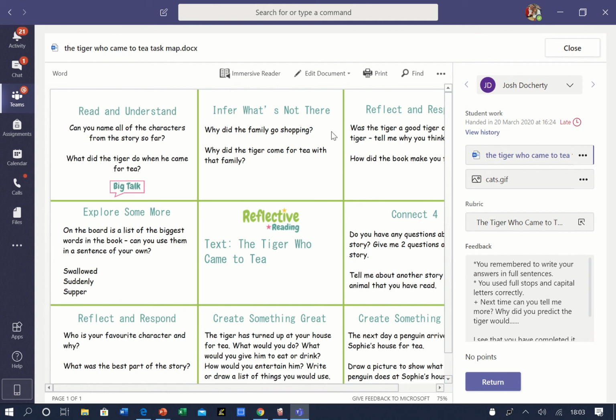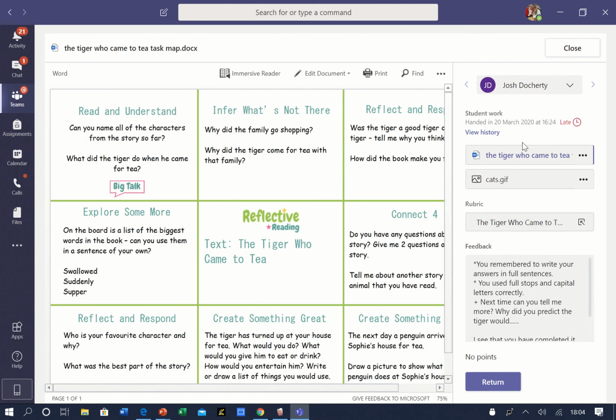Now obviously it's not his work, it's just a wee activity that I uploaded so that I could use as an example here, but this would be what you would see from whatever the child has uploaded. Now, they've also uploaded a picture here, and they've uploaded this Word document. So down this list here I can see what they've uploaded, and that way it's all in one area for